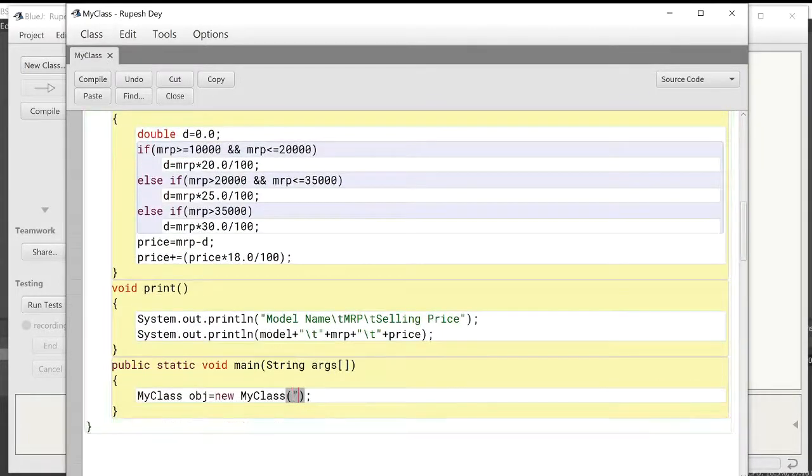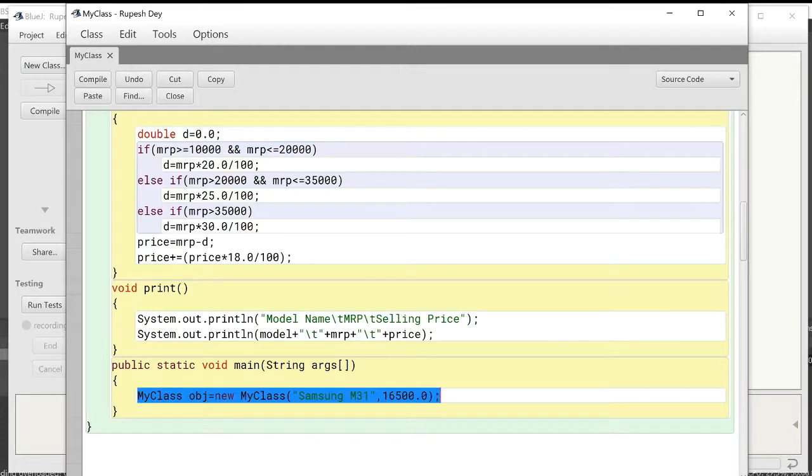First one is string parameter for model, and second parameter is double parameter for MRP. So I am giving one string value for model, Samsung M31. This is the model, and price is suppose 16,500. See here I have given integer value. Automatically that integer value will be converted to double, because the second parameter is double, or you can give double value also.